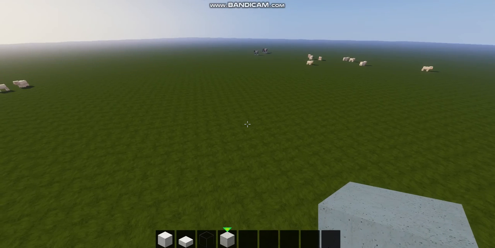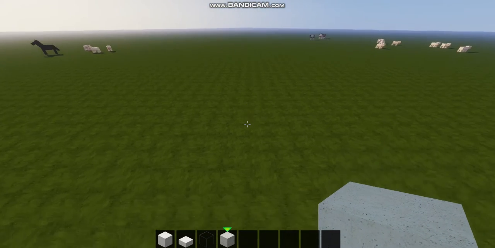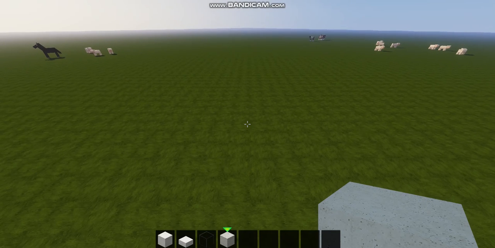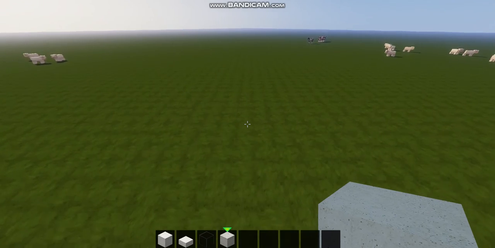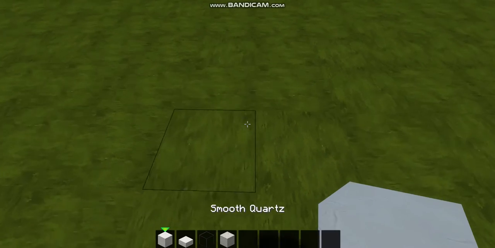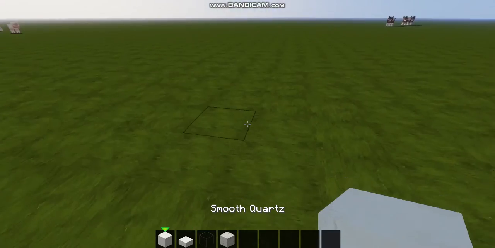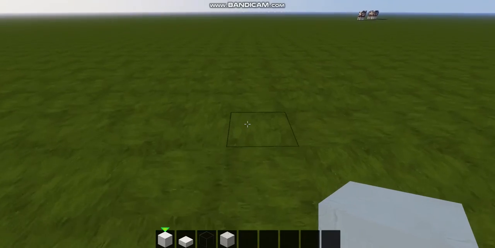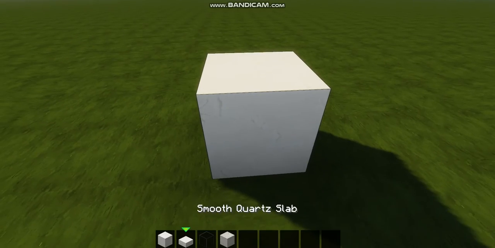Before we begin, I will just let you know that I'm using World Edit, and also I'm using the World of Keralis Flows resource pack, and I'm in 1.14.4. So to start, we're going to use the smooth quartz, and we're just going to put one block,